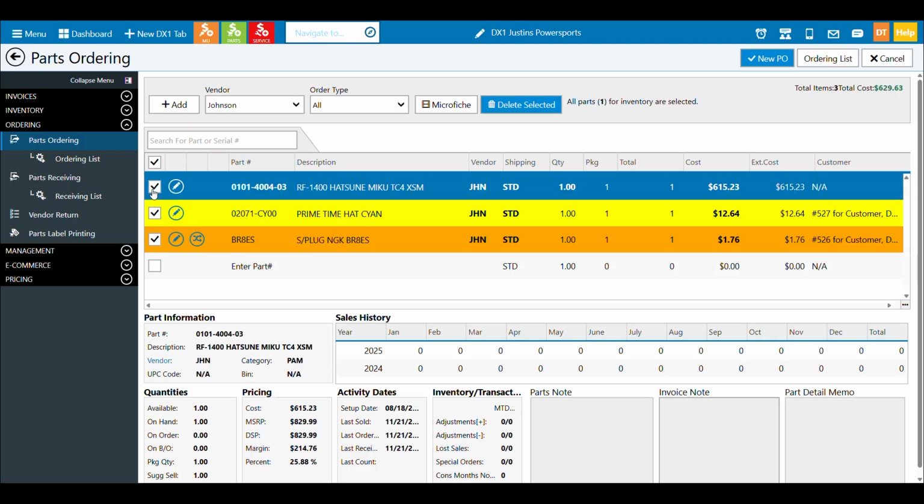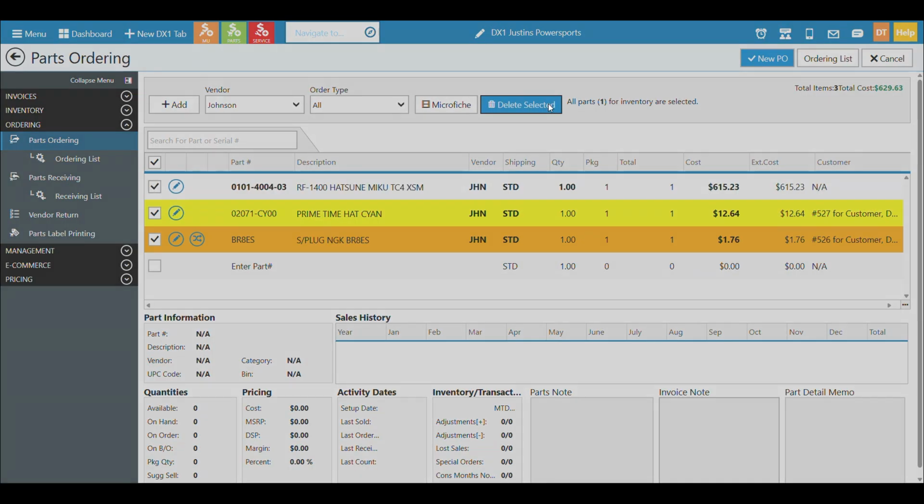Delete selected. You can do this for stock parts. So if I wanted to remove a stock part, you notice it says one, even though three are connected, because in order to remove a customer record from the ordering screen, you'll need to go over to part sales, pick up refund, and refund the parts through that process. That was a couple chapters ago. If you haven't watched how to do pickup or refunds, you need to go watch that video. That's the only way that you'll get these parts removed from the ordering screen.